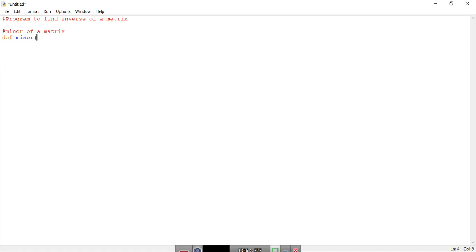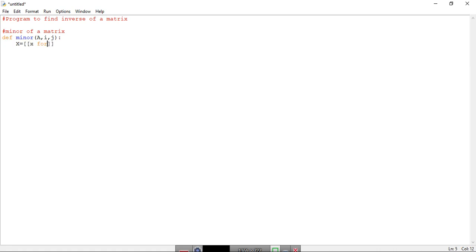So let us define minor of matrix A, and that is i comma j. We need the i comma j minor. Then we put the two colons. This program is already explained in detail, so please check that.